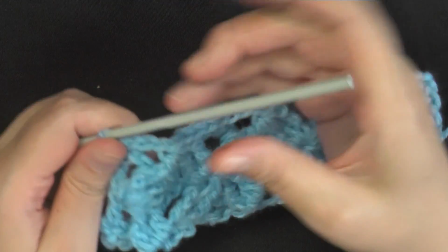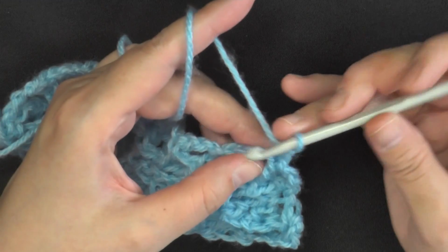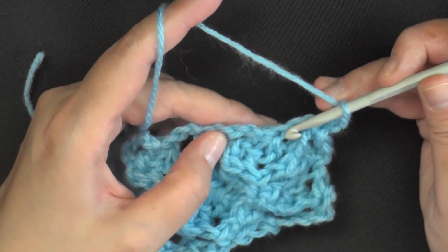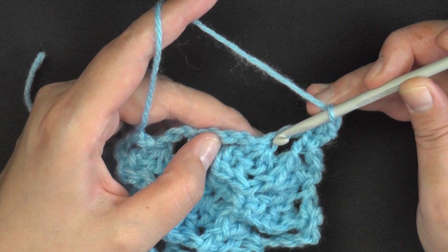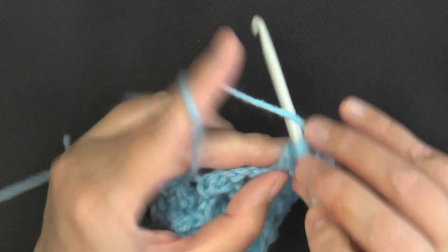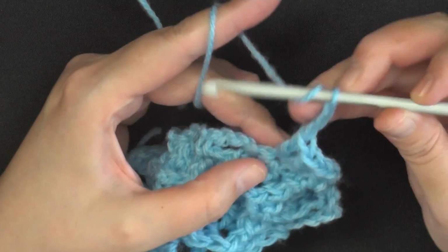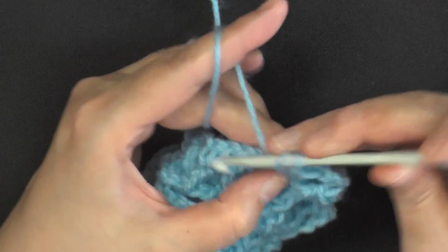Okay, for row 5, you'll chain 1 and turn, and then the beginning single crochet, you'll want to put another single crochet. Then you'll want to work in the center cluster here, you want to work 3 double crochets, chain 3, 3 double crochets, just like what you were doing before. You're going to be working in that center cluster. So 1, 2, and 3, chain 3, and then in the same stitch you'll work your next set of 3 double crochets,